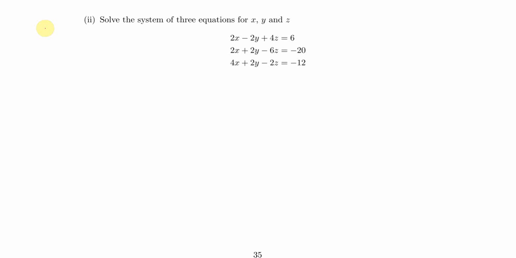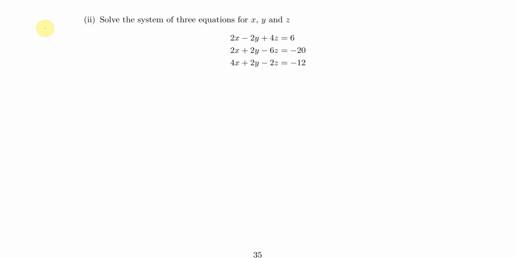Okay, so same idea here. We've got three equations, three unknowns, therefore we must be able to solve it. Looks a bit more complicated though. Yeah, it is. It's a bit more complicated than the first one, but we can do one thing that'll really make our life a lot easier, and that's divide through by 2, because they've all got a common